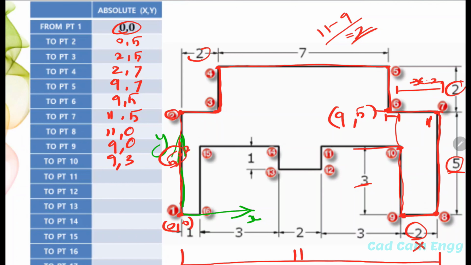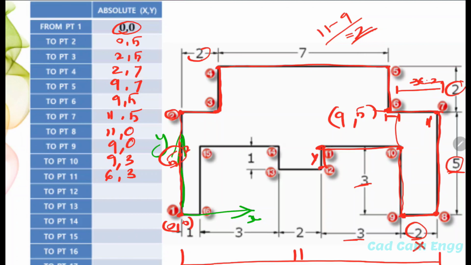Then point number 10 to 11. Here again the x-axis value is going to reduce, 3 mm reduced. So x is 3 and y is the same as the previous one, 3. Next, point number 11 to 12. Here the y-axis value is going to reduce, because the height is the y-axis.